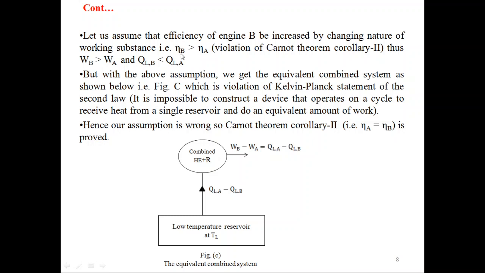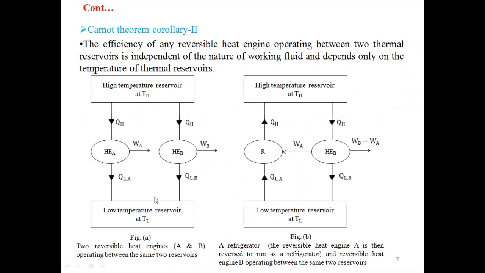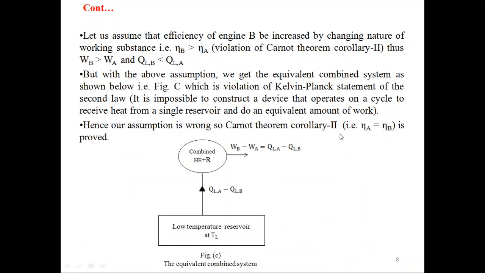Now this assumption, efficiency of B greater than efficiency of A, is a violation of Carnot theorem corollary second. But with the above assumptions, we get the equivalent combined system as shown in figure C. Again, there is no need to explain this figure, as I have already explained it in Carnot theorem corollary first. Now because of this